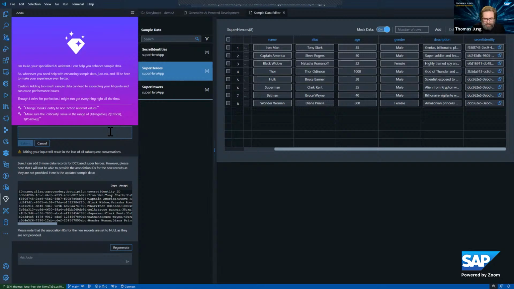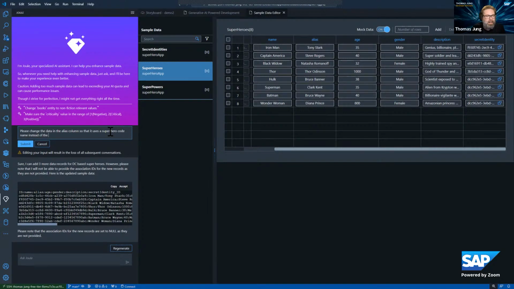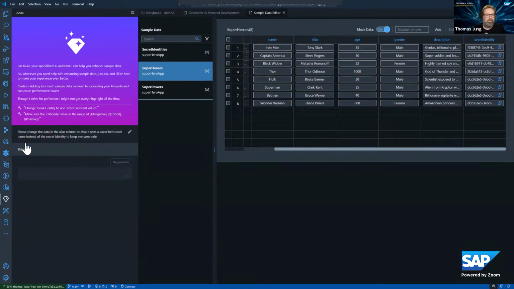So I'm going to ask it to edit the data that's there and say, please change the data in the alias column so that it uses a superhero code name instead of the secret identity to keep everyone safe. So we'll go ahead and submit that and let it regenerate the data.